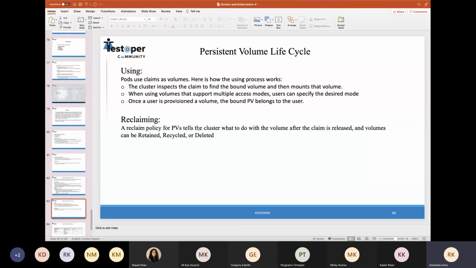And the reclaim policies. The reclaim policy tells the cluster, when the claim is released, whether we need to retain that persistent volume, or it needs to be deleted, or it can be recycled and reused.